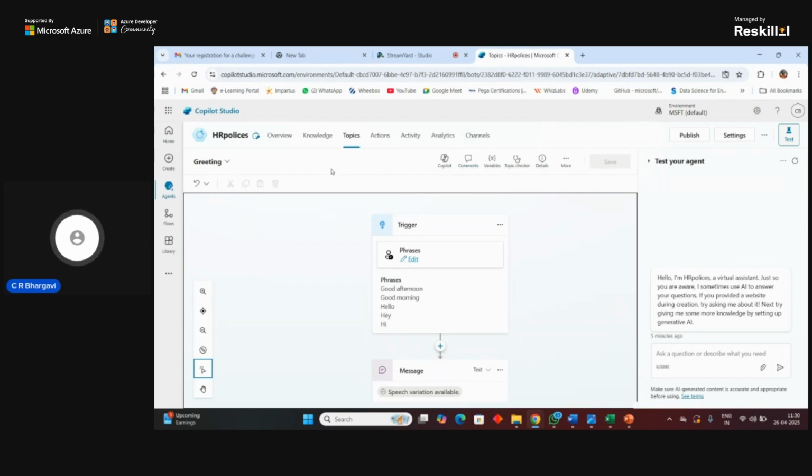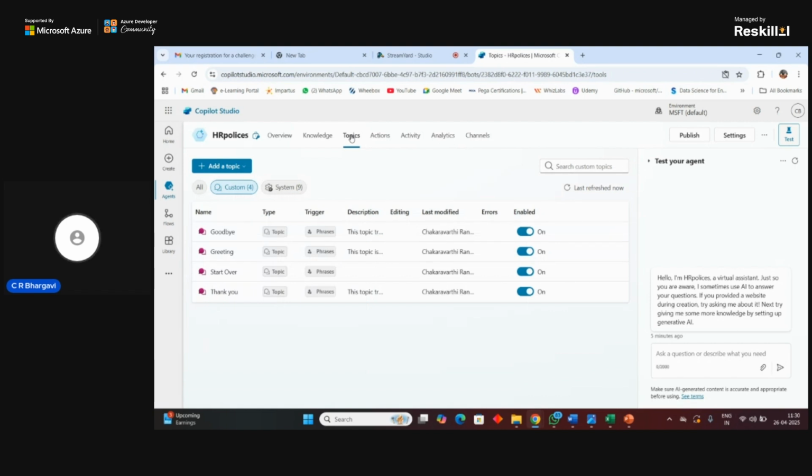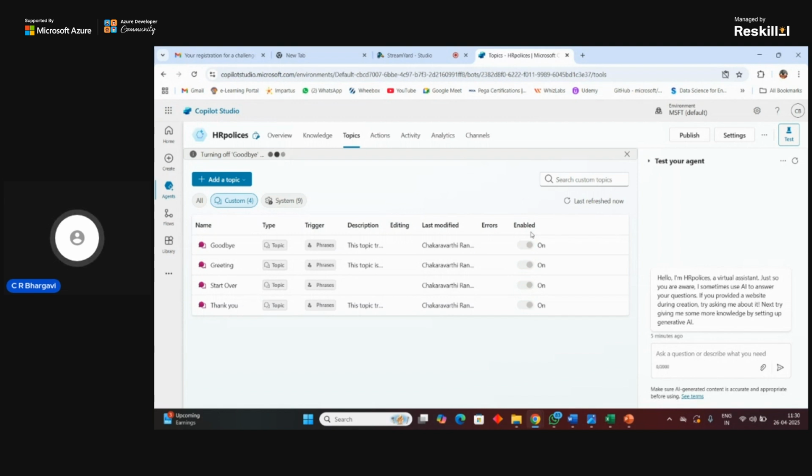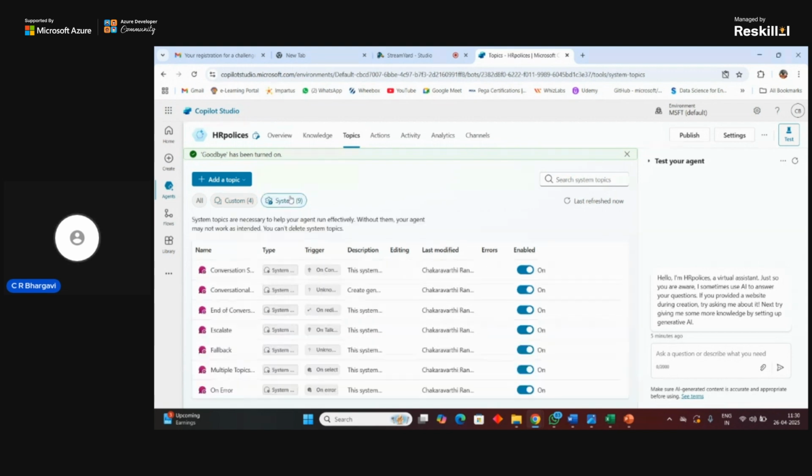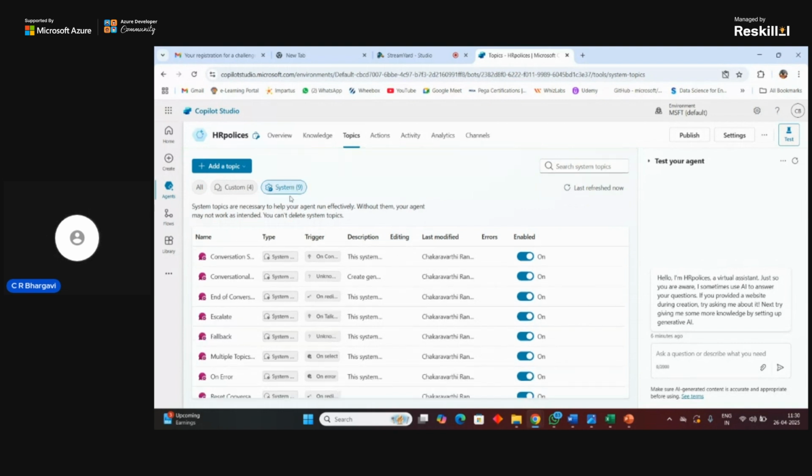It's just a sample that we have shown. If you need it, or if you had created it and it's not useful anymore, then you can disable it. And once you had disabled it, that particular topic will not work at all. So there can be custom built topics, and there can be system built topics which are available. For system built topics, all your try catch and other things like the error handling facilities will be handled by itself.